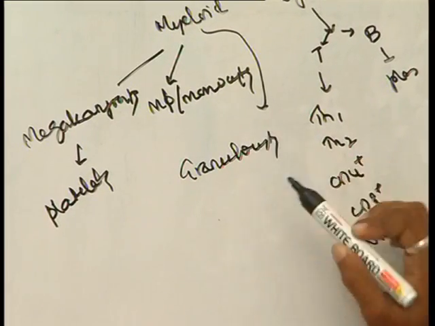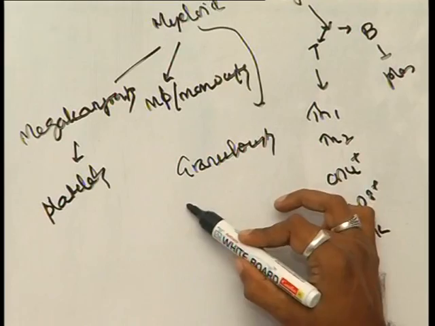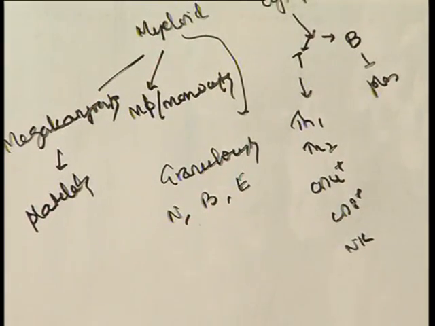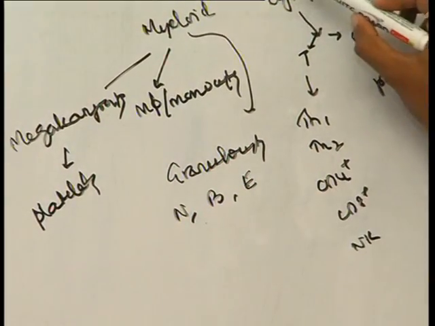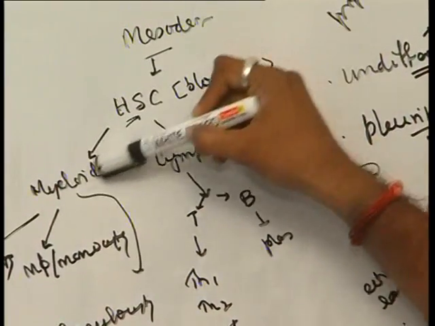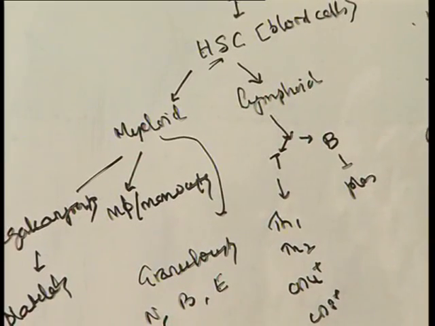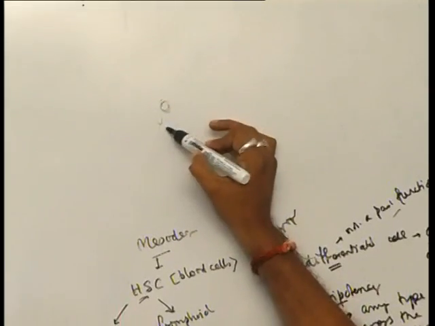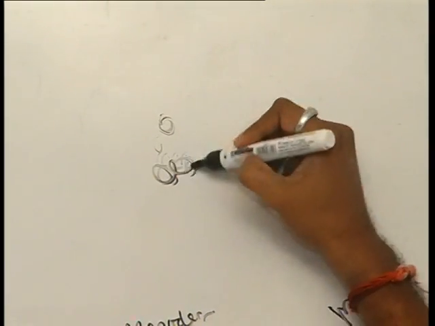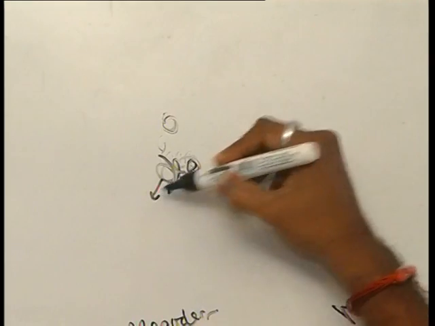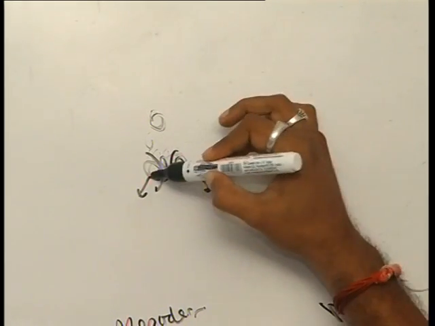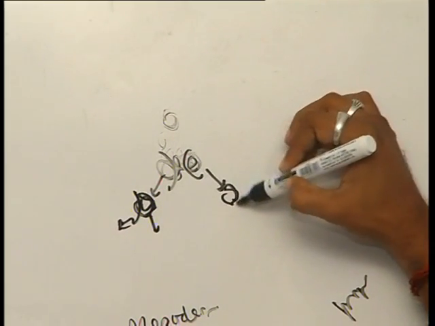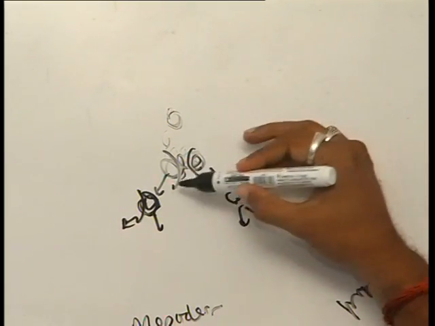Now granulocytes, you have examples of granulocytes: neutrophil, basophil, and eosinophil. So from one stem cell there are lines going on. Of course, a stem cell, now only one stem cell, divides into a group of stem cells, and certain groups form one line, certain groups form another line. This group of course further divides into lines. So this is called lineages.